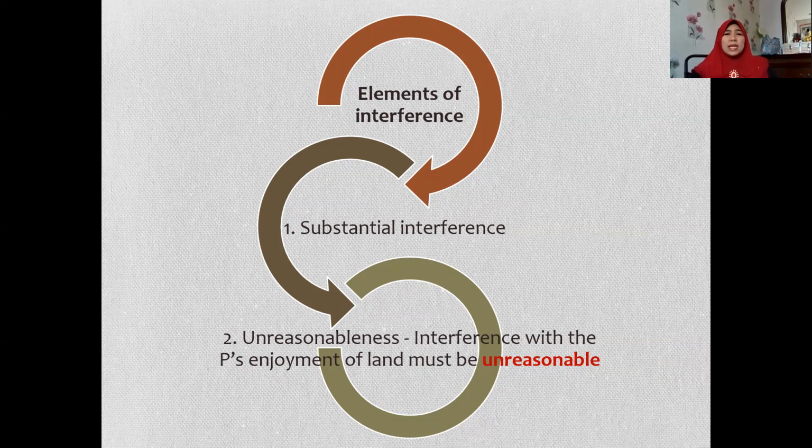So basically, for private nuisance, as far as interference is concerned, in order to prove that this is interference which is not reasonable, first it has to be proved that it is a substantial interference, and next we must also prove the element of unreasonableness, because if it is reasonable, then again it doesn't amount to private nuisance. So the interference with the plaintiff's enjoyment must be unreasonable. We are going to discuss one by one together with all the cases. We'll see whether we have time to discuss both.